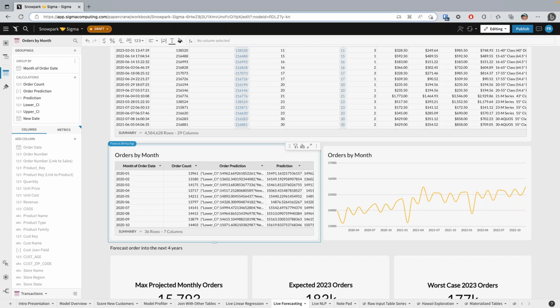So we're using the existing technology to leverage UDFs, so pass-through functions. That's something that already exists in Sigma. And then Snowpark actually already runs in Snowflake instances. You just have to write the code to leverage it. So both of those functionalities already exist in every Sigma on Snowflake deployment.